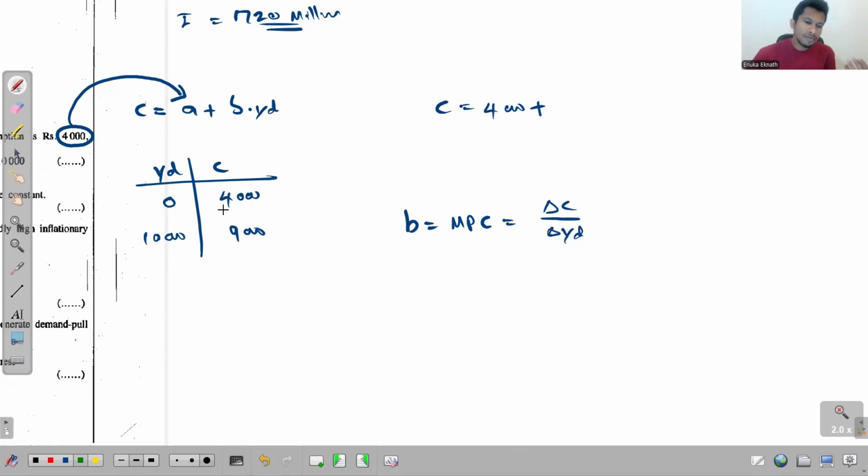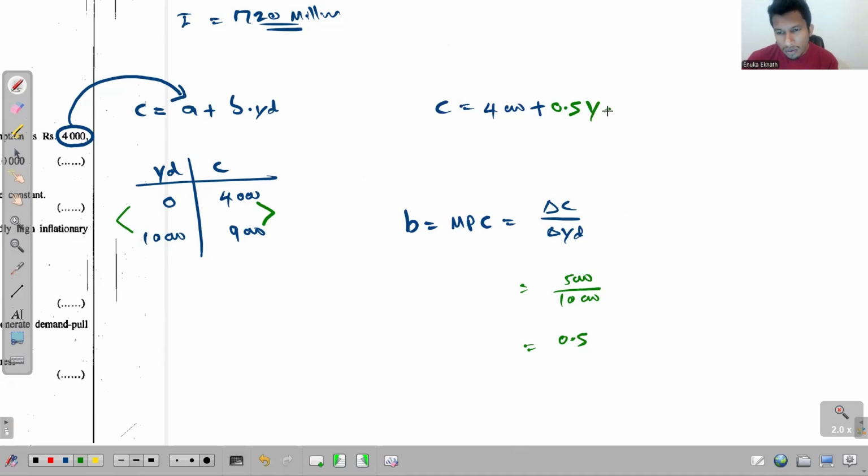So the change of YD here is 5,000. That's 5,000. And in the numerator, we take the change of consumption, and that's 5,000. The previous one is 10,000, and this is 5,000. So the value will be simply 0.5, right? So that's the value of B, and I take that value here, 0.5